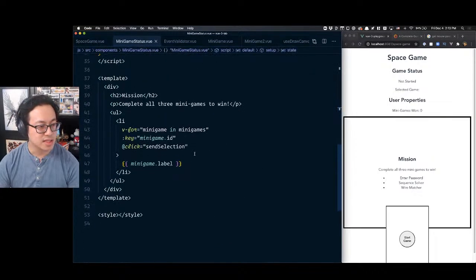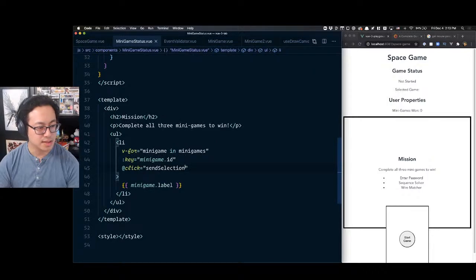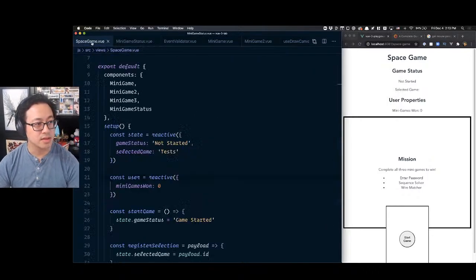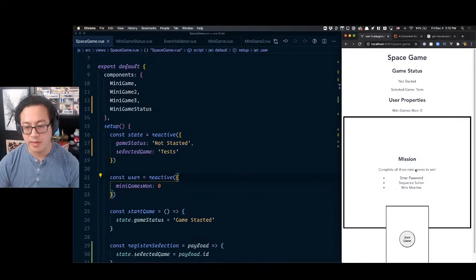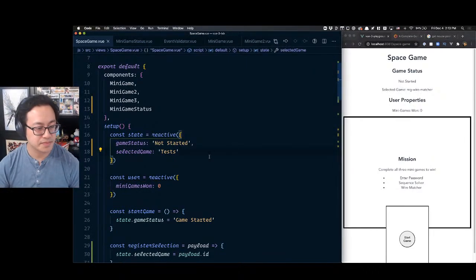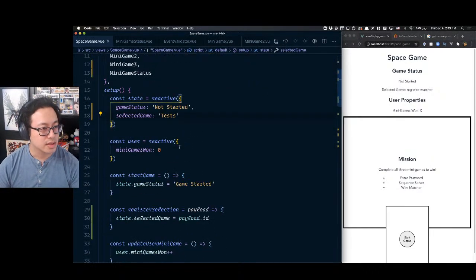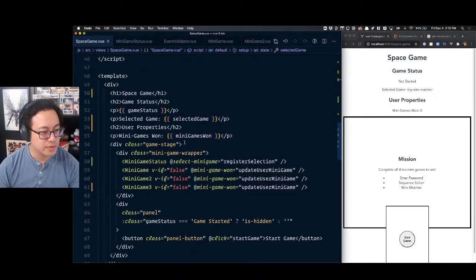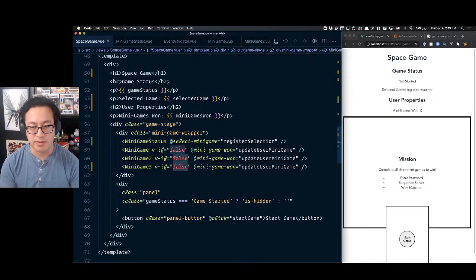So inside of our select minigame, I believe I never actually passed the actual minigame. So there we go. That should now do it. If I refresh, we have tests, and then mg password, sequence solver. Okay. And so again, for the sake of brute forcing this, we are saying if selected game is equal